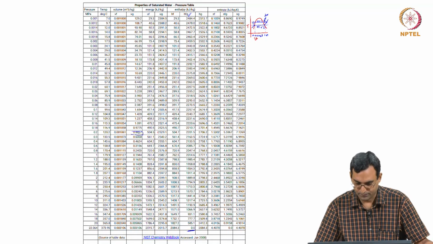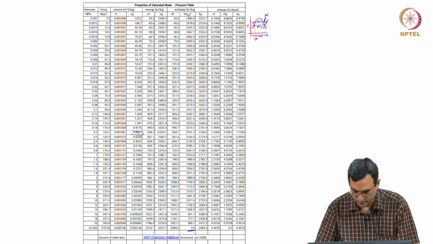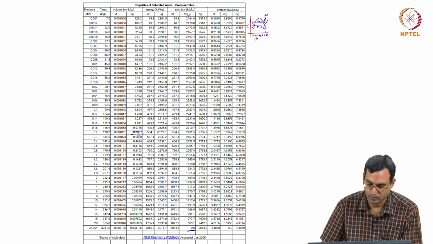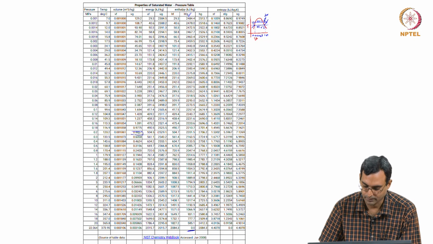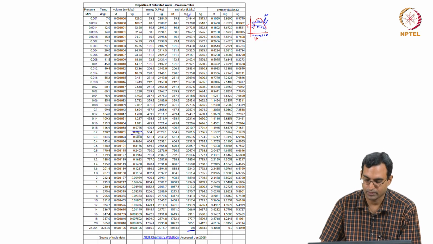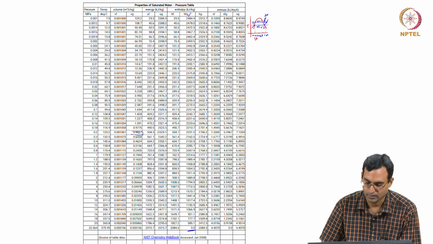So, I have the pressure as 0.2 megapascals, so which is here. So, at this condition the temperature is 120.2 degrees centigrade if it was saturated. If it was saturated, the volume of 1 kg, if it was completely water, the volume would be 0.001 meter cube. If it was completely vapor, the volume would be